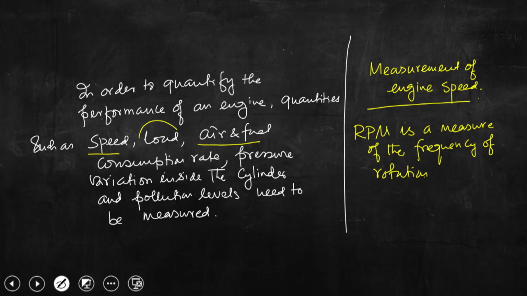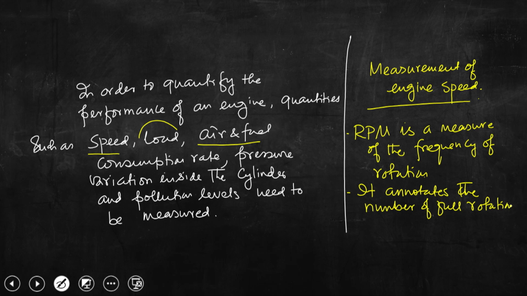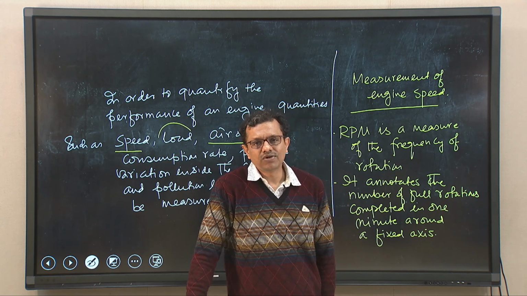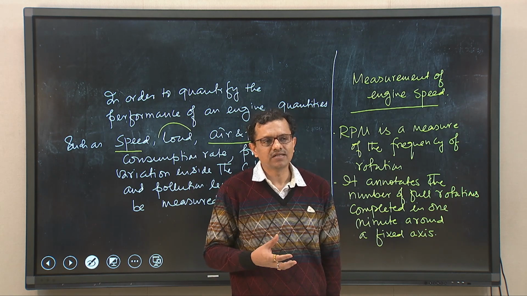So, if I write here, it annotates the number of full rotations completed in 1 minute around a fixed axis, right. So, essentially RPM is used as a measure of the rotational speed of mechanical component like output shaft of